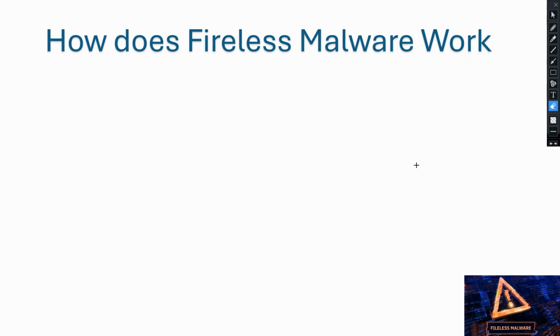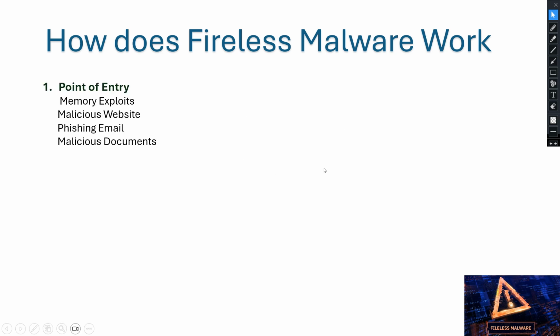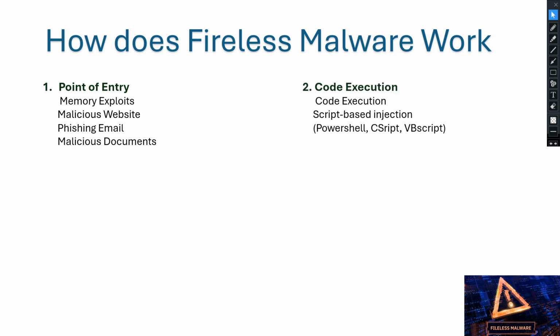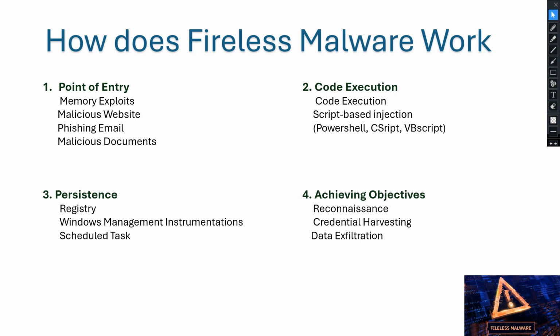So how does this fileless malware actually work? Here we have four different stages. First is point of entry, second is code execution, then persistence and achieving objectives. These four phases we have. Let's talk about the first one, that is point of entry. In the point of entry